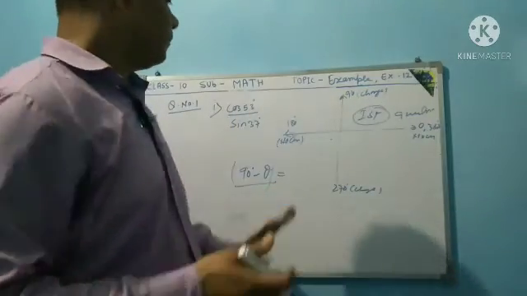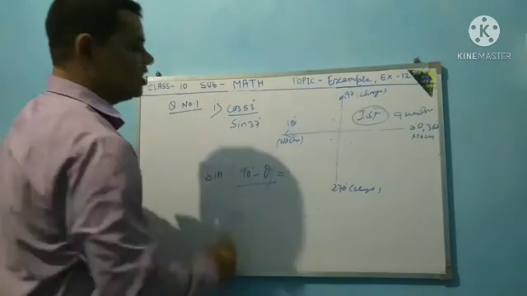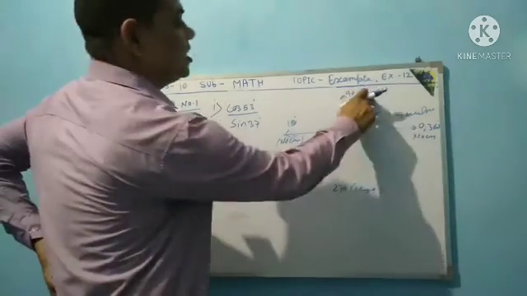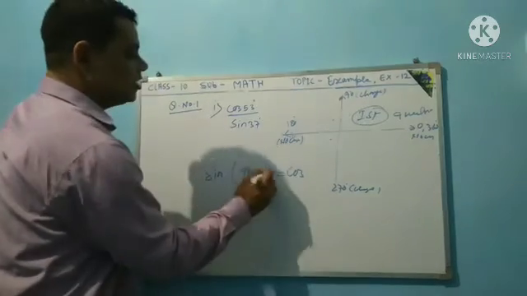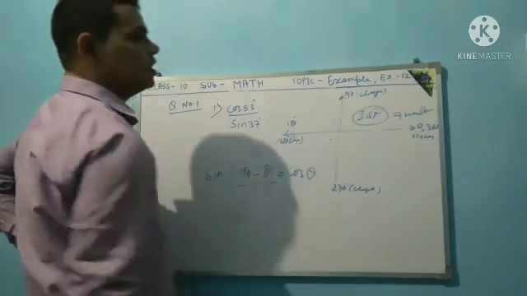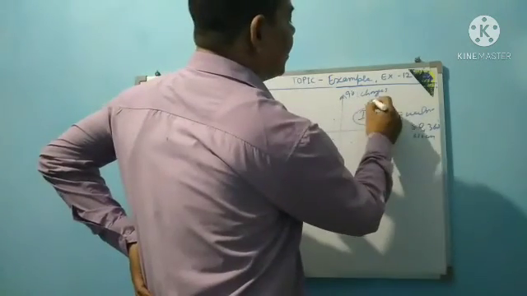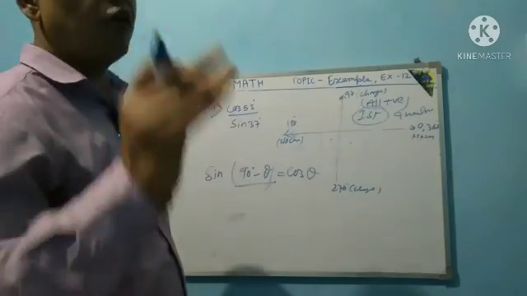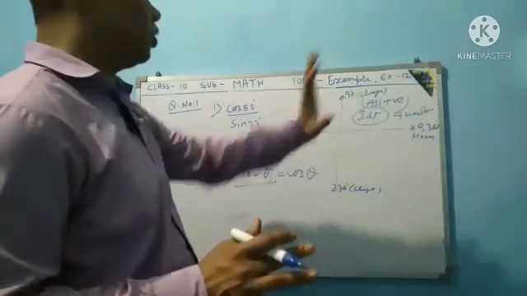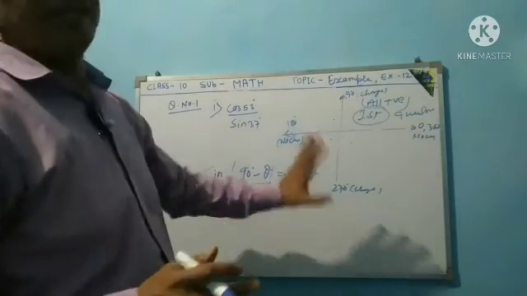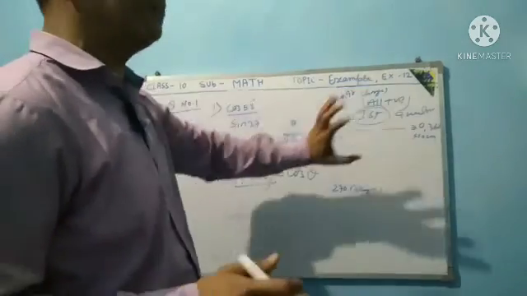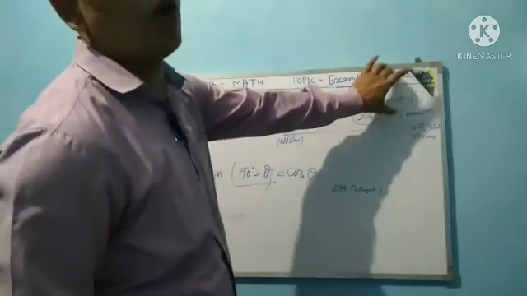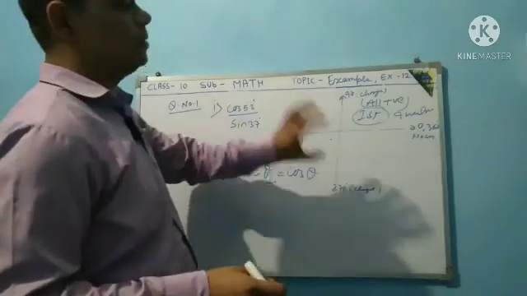So if we take sin 90 degree minus theta, 90 means change, so sin changes to cos, and the value is theta, so that is cos theta, because in the first quadrant all are positive. In the first quadrant sin, cos, tan, cot, sec, cosec all are positive values, so don't take negative values, always take positive in the first quadrant. In previous classes you studied that 90 minus theta is always first quadrant, that is positive value.